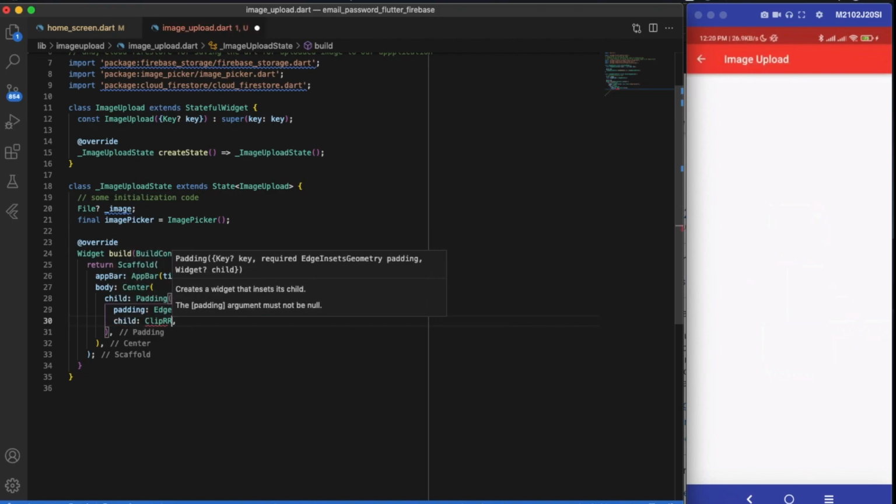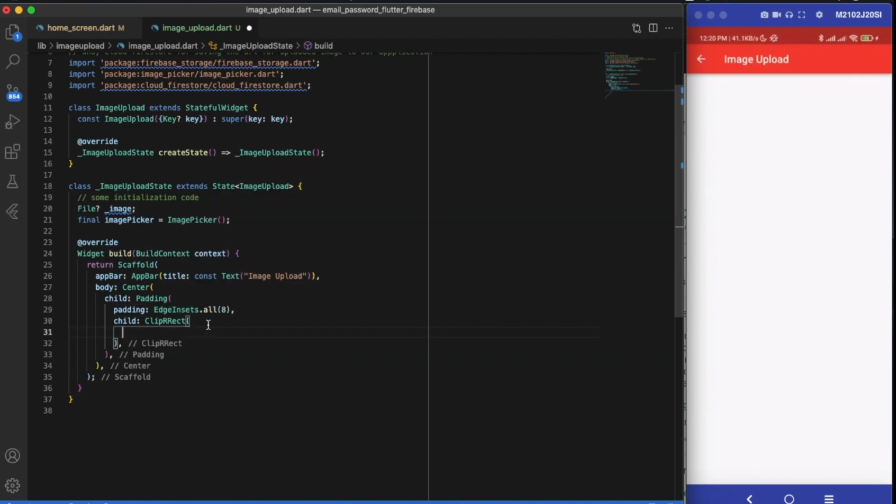Now a child of ClipRRect. This will create a rounded rectangular clip. Now inside here we will be writing borderRadius. Border radius will be BorderRadius.circular, and border radius can be of, let's say, 30.